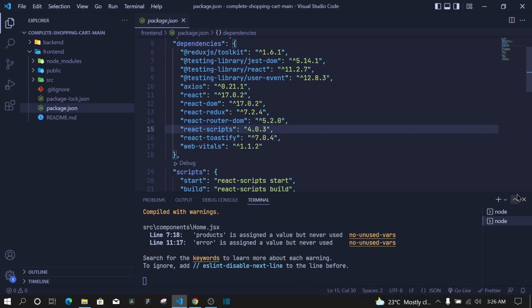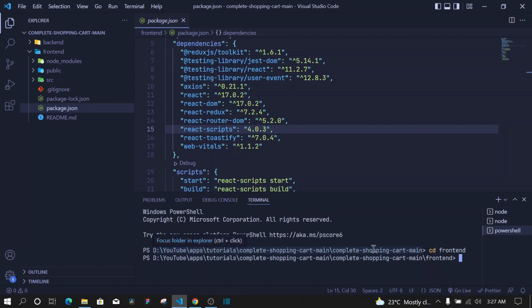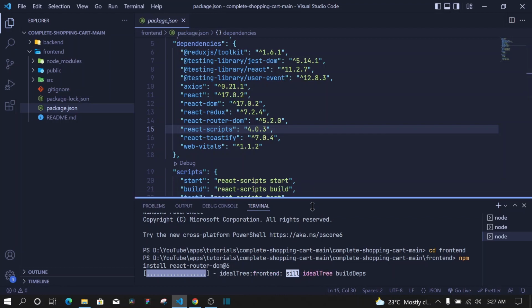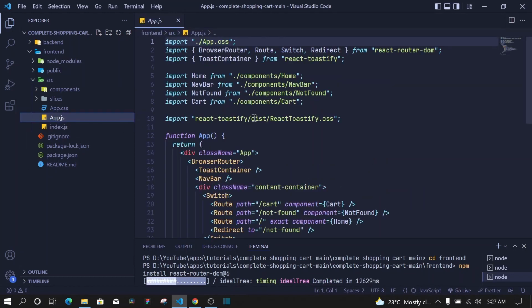So what I'll do, I'll open a new terminal here, and I'll cd into frontend, and then I'll paste that command, npm install react-router-dom@6. Hit enter to install. Now as that installs, I'll close this package.json file, and then on the front end I'll open the src folder, and I will go to app.js. So this is where we were setting up React Router DOM, and therefore this is where we will start